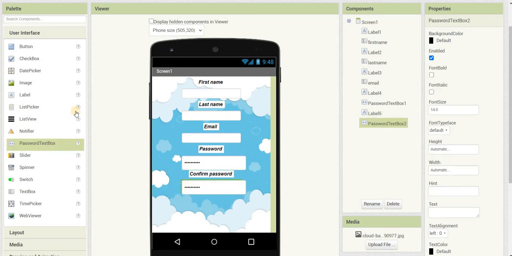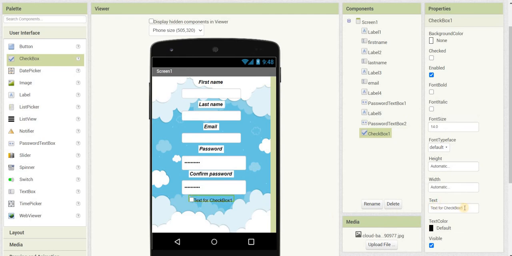Now I have to make a checkbox for the password. Does the user want to see the password? Okay, so I will click on checkbox, this one, hold it and drag it here below this text, and change the name to show